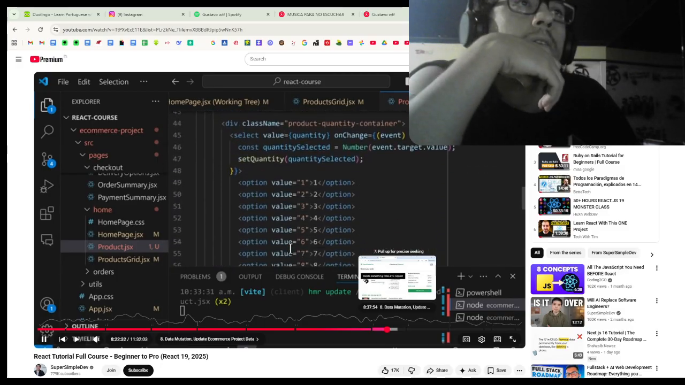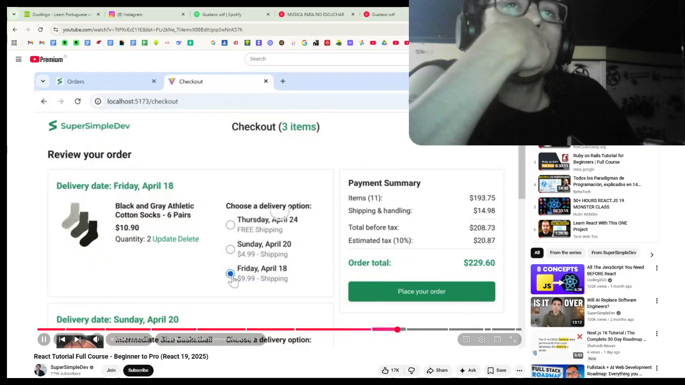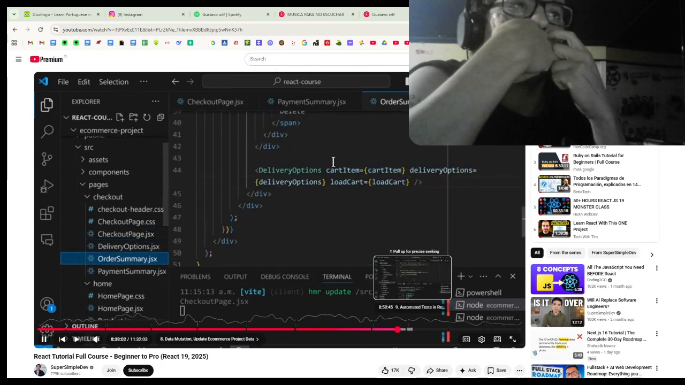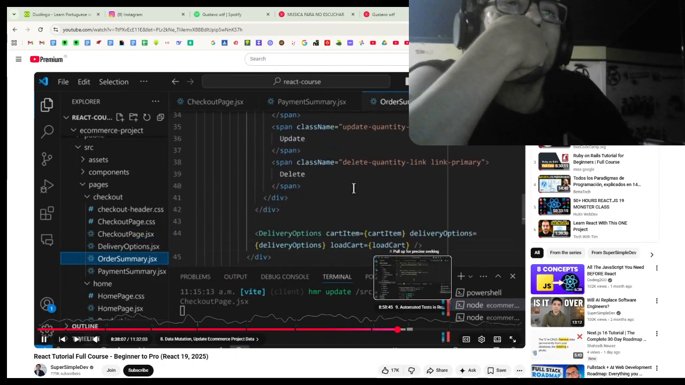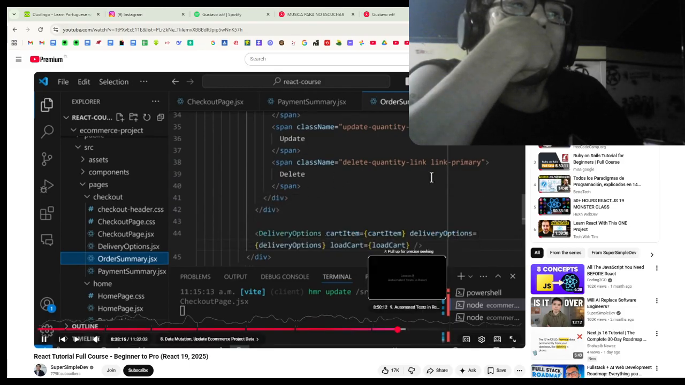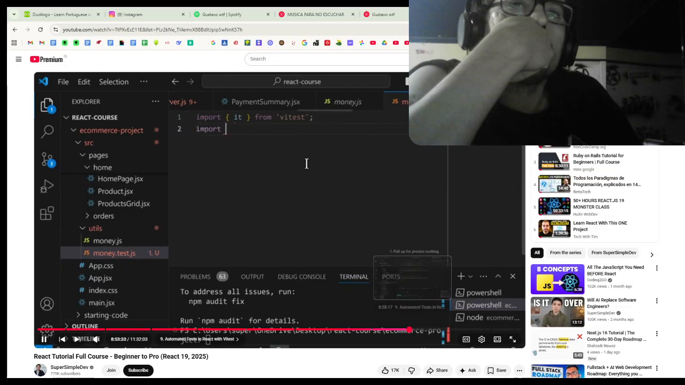So down here, instead of putting this function directly, we'll go to our code, and in our files, we're going to find the order summary component. And we're going to scroll down in this component and find the delete link. If you did the exercises, this might be inside a cart item details component. Now for this delete link, we're going to also import the format money function